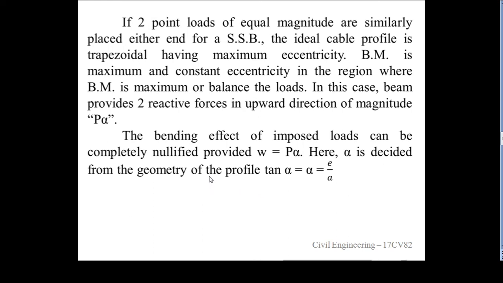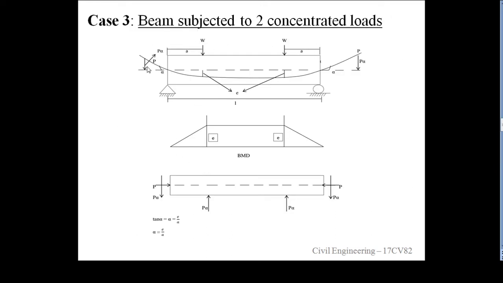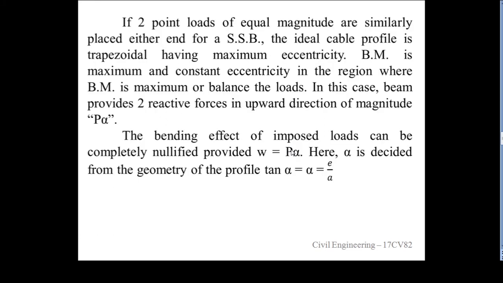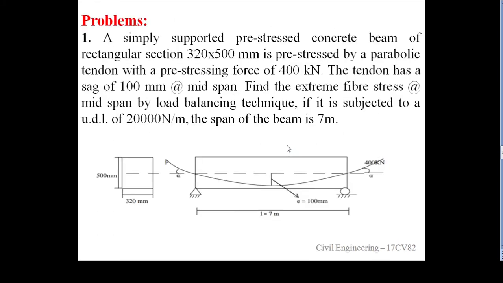Then, if your beam has two concentrated loads, we see this one concentrated load, this is alpha. This alpha will be decided by which type of load is acting on it. This is the e value at this point and this point. Then coming to the problem, the solution of the problem. In that, which type of profile of cable is used, that is the main thing. In this we are solving the problem. By these three cases we are solving here a problem.